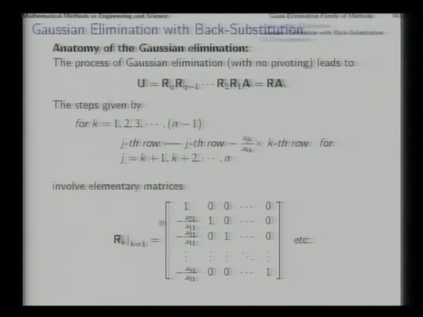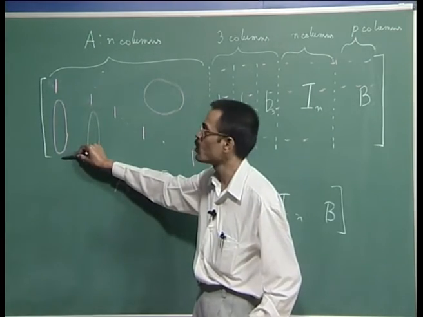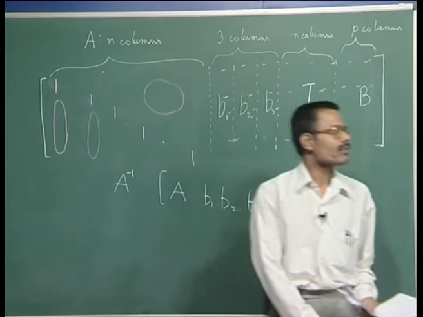And that will mean that, say in the first case for k equal to 1, what will be needed? We will be conducting the second row minus a21 by a11 into the first row, that is equivalent to having an entry here, like this, and so on. So, this step for j running from k plus 1 to n is actually equivalent to this. So, this is the matrix R1 with which the matrix A was pre-multiplied during the step in which we would get all zeros here without bothering to get a 1 here, and so on.